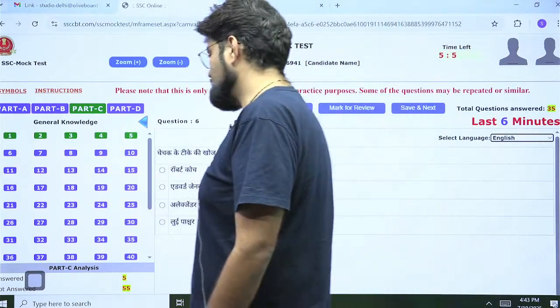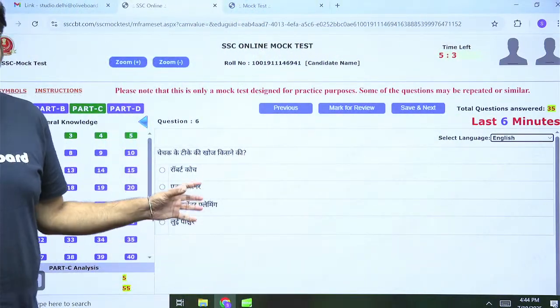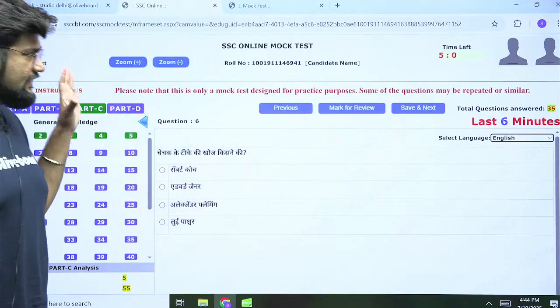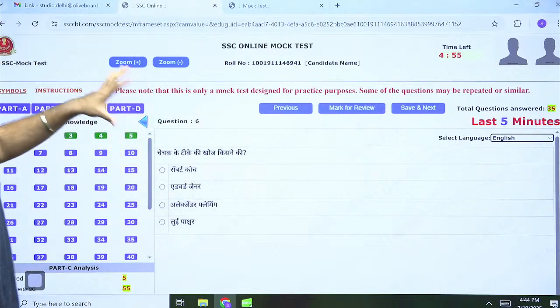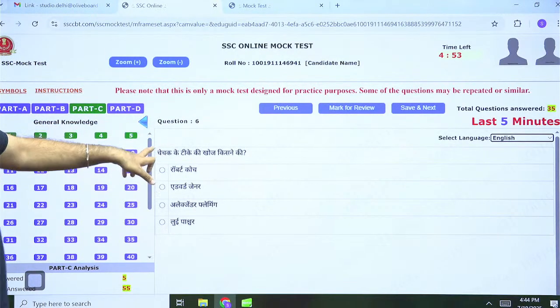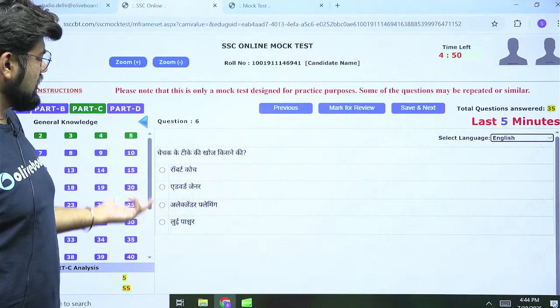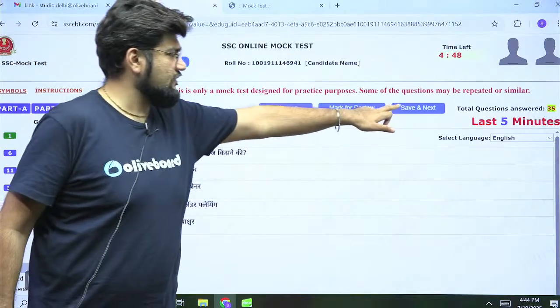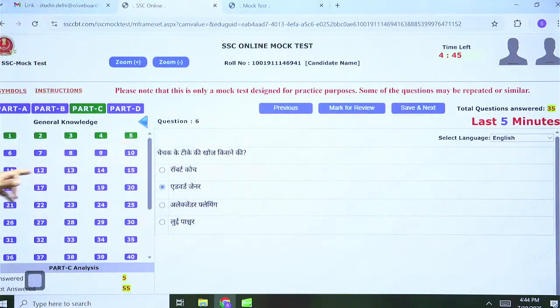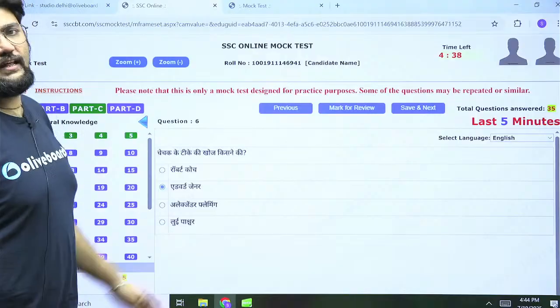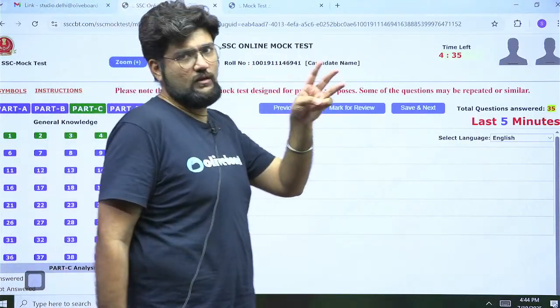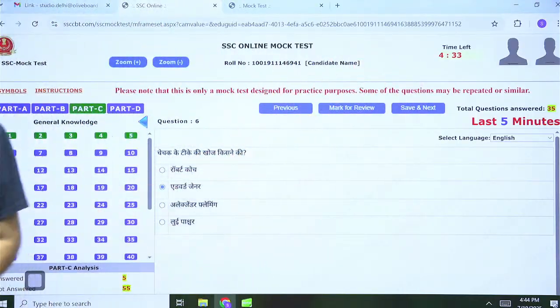Okay, but you can see that is the response. That is the kind of speed this is showing. The response is very slow, but hopefully this is not going to be the case in the actual examination. So this is how your question will look like. In English, it will be written here, 4 options, radio buttons, you will choose the option and then you will just click on save and next and you will be moving on to the next question. Okay, that's how majorly this is going to look like, and there is an option to change your language here. You can change your language from the drop down. So there are 3 options, English, Hindi and bilingual, English and Hindi. So you can choose either of the 3. Vaibhav, that answers your question. Anything else which anybody wants to know?